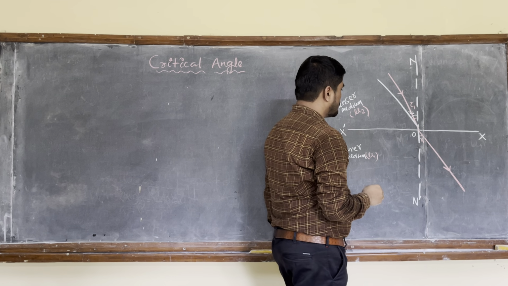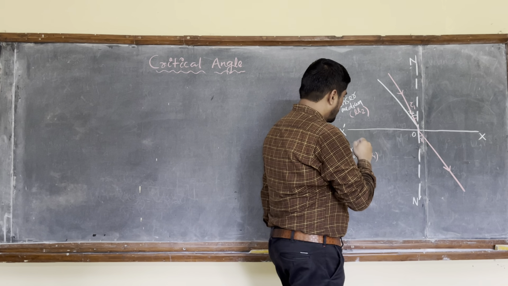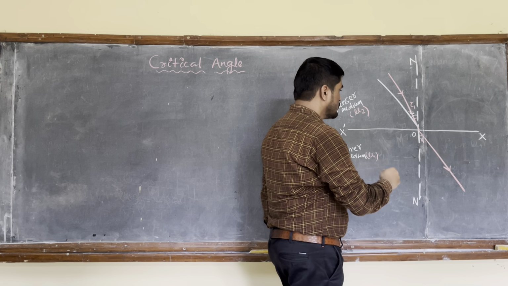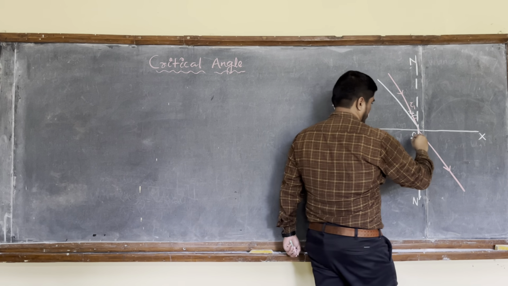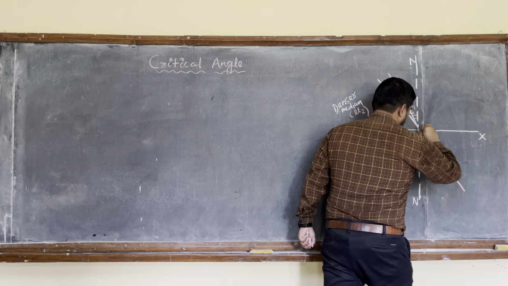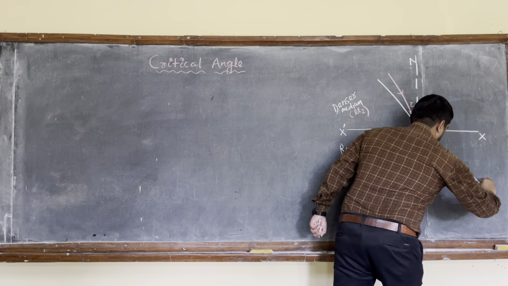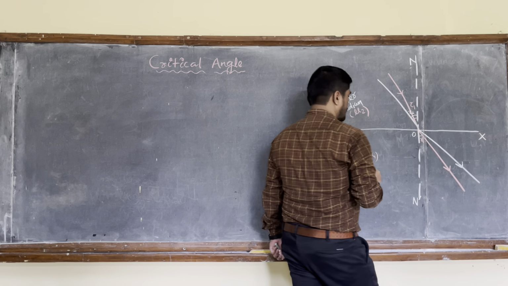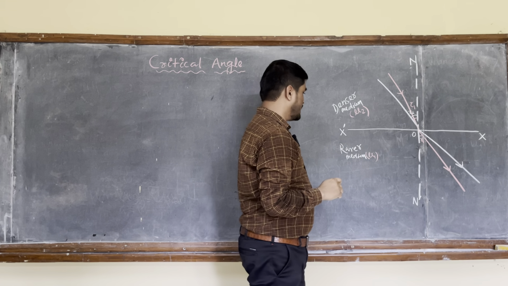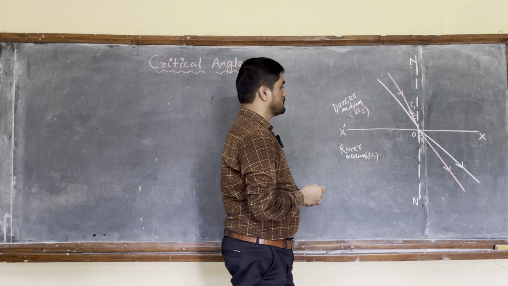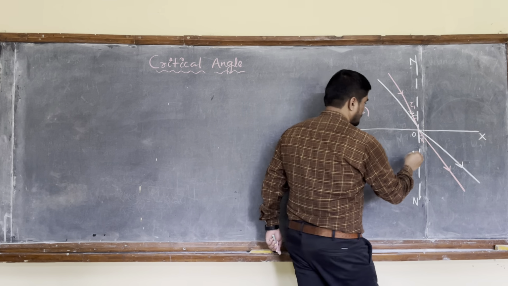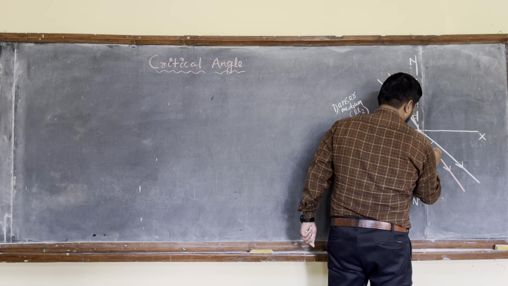Then you can observe the refracted ray will bend more away from the normal. That means this will be the path of the refracted ray in the rarer medium, and this is the angle of refraction